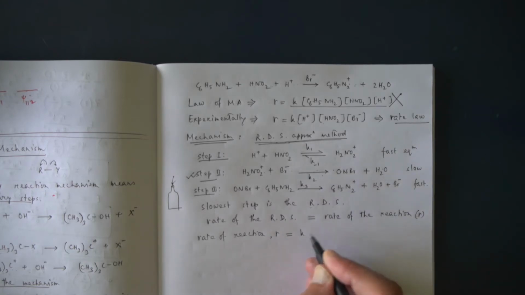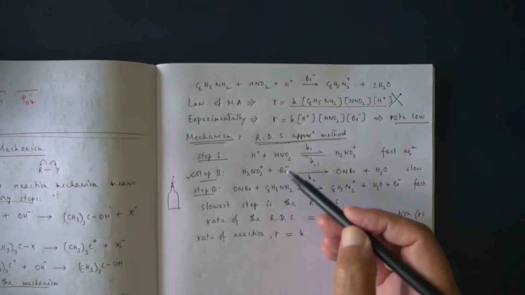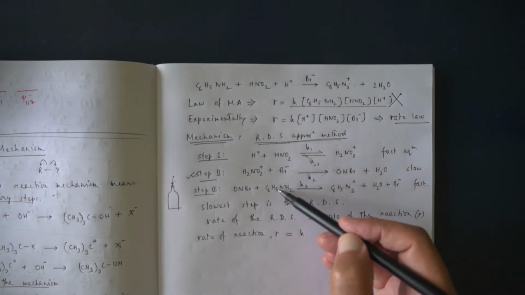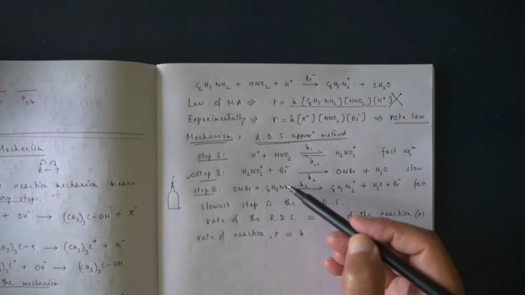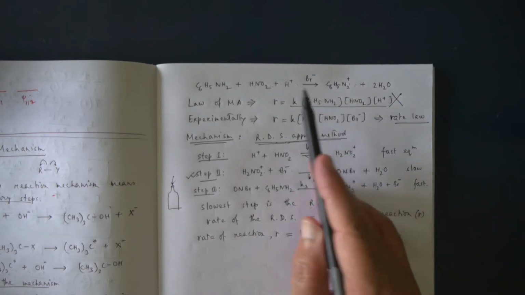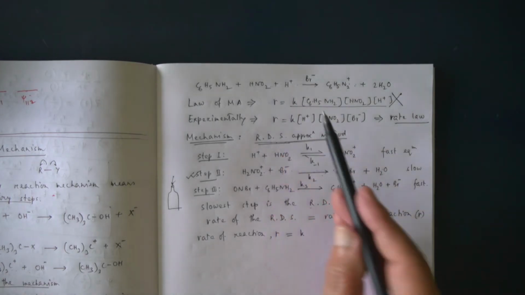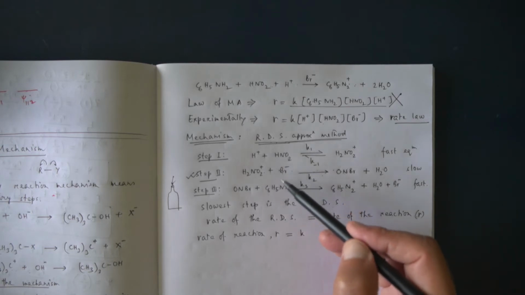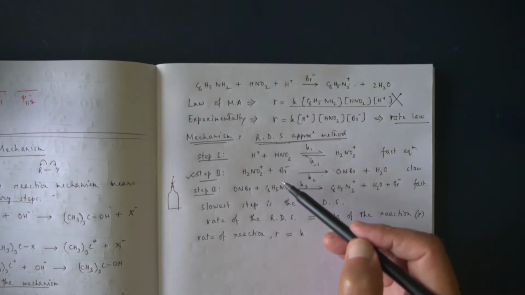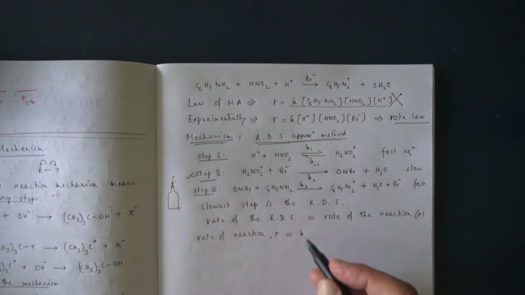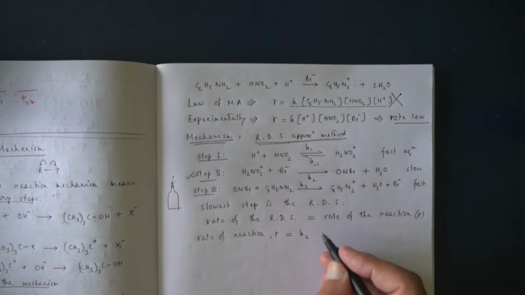According to the law of mass action, these are all elementary reactions, so we can apply the law of mass action. We cannot apply the law of mass action to a complex reaction, but we can apply it to elementary reactions. So if we apply the law of mass action, R should be equal to K2 into